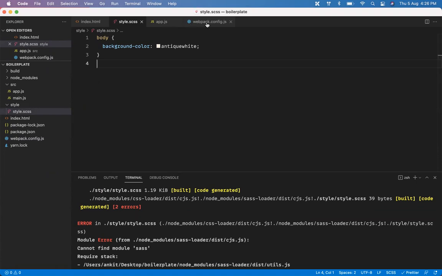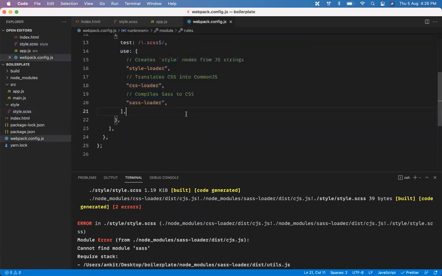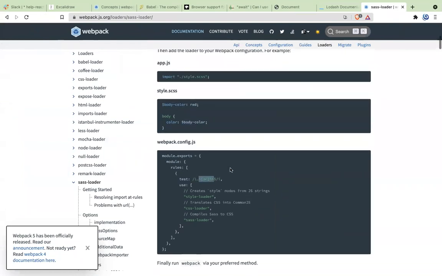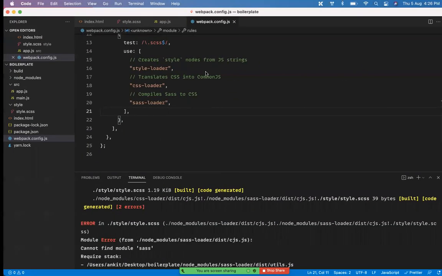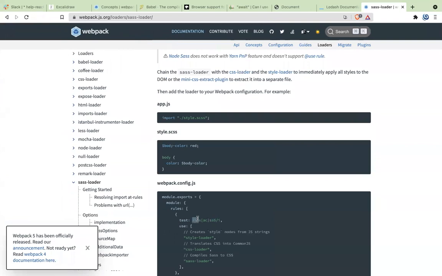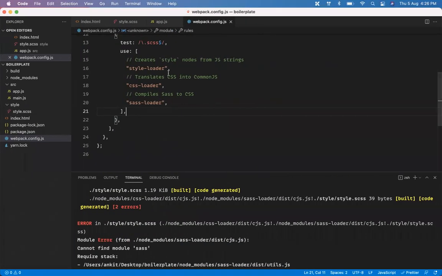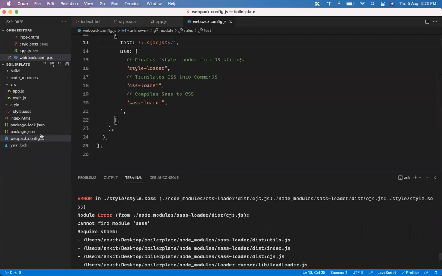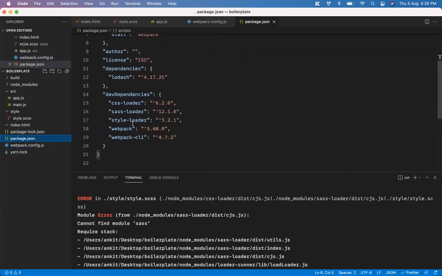Okay. Let's look at package.json, SASS loader.